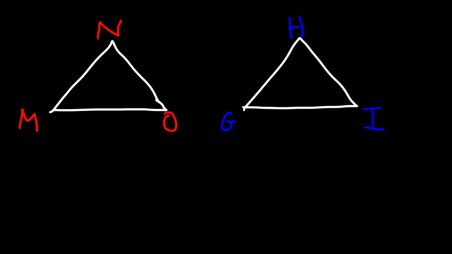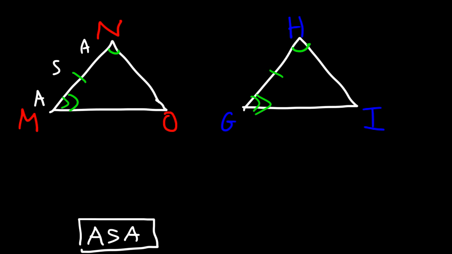And let's say that angle N is congruent to angle H, segment MN is congruent to segment GH, and angle M is congruent to angle G. So what postulate can we use to prove that these two triangles are congruent? So we have an angle, a side, and an angle. So we could use the ASA postulate, angle, side, angle, to say that triangle MNO is congruent to triangle